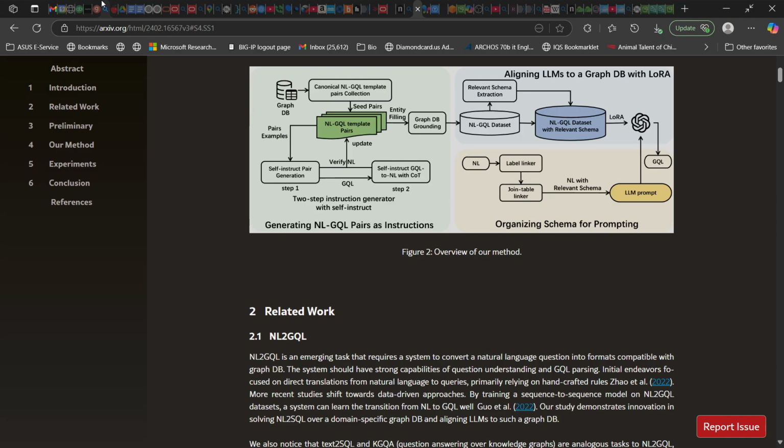Kojima et al. 2022. Takeshi Kojima, Shixiang Shane Gu, Machel Reid, Yutaka Matsuo, and Yusuke Iwasawa. 2022. Large language models are zero-shot reasoners. Advances in Neural Information Processing Systems, 35, pages 22,199 to 22,213. Li et al. 2023. Zhenyu Li, Sunqi Fan, Yu Gu, Xiuxing Li, Zhichao Duan, Bowen Dong, Ning Liu, and Jianyong Wang. 2023. FlexKBQA, a flexible LLM-powered framework for few-shot knowledge base question answering. arXiv preprint